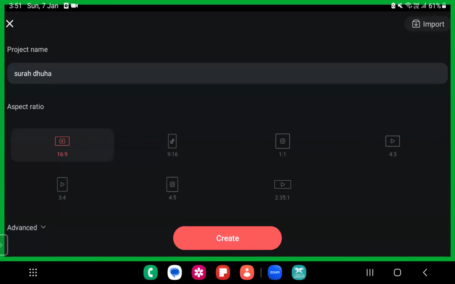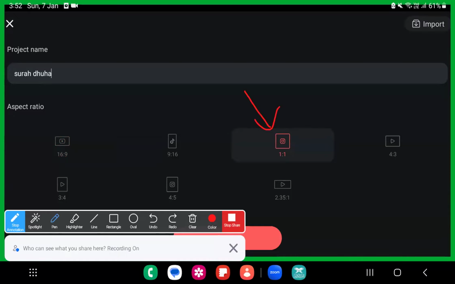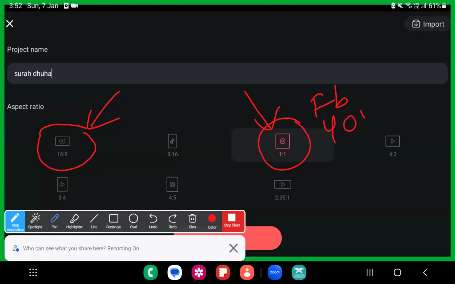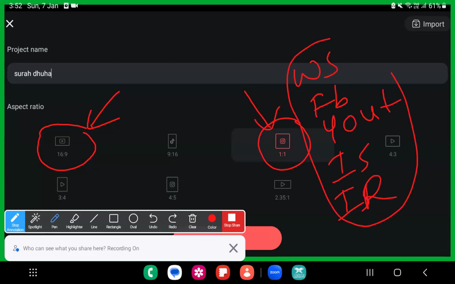Bismillahir Rahmanir Rahim. And let me fix it to the Instagram format, because this is somewhat in the portrait manner. It will look good actually. So I choose the 1:1 format. That is the presentation format for most of my videos. You can go with 1:1, or the YouTube standard 16:9. The 1:1 standard will fit Facebook as well as stories, YouTube stories, YouTube shorts, Instagram stories, Instagram reels, WhatsApp stories, and all. This is favorable for each and every aspect ratio. So I choose 1:1 for most of the videos.